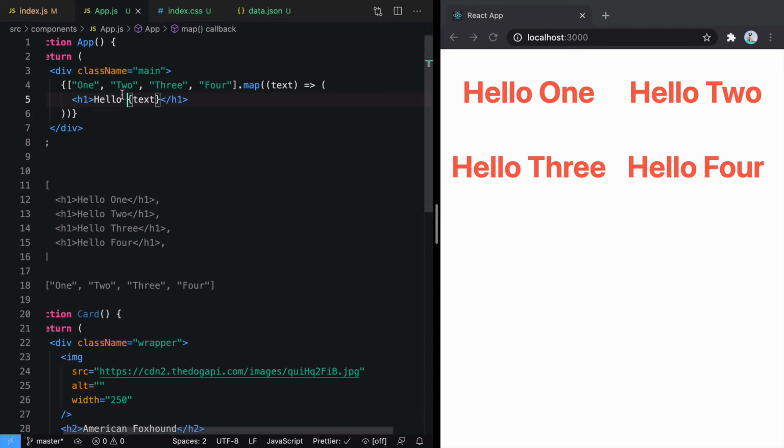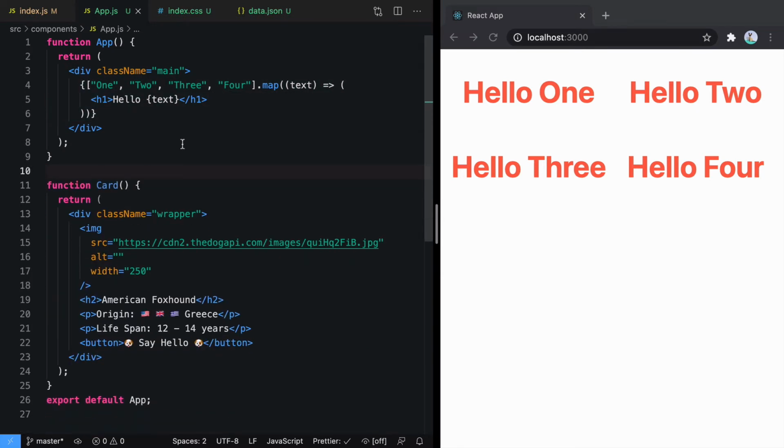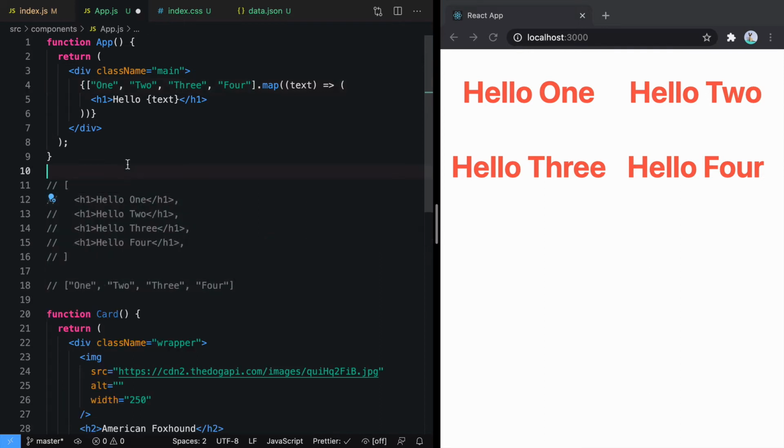So now in future, if you have 1,000 data items or 20,000, you don't even care about it because these 3 lines of code can do the same thing. So in this way, we learned that from curly brackets, you can not only return an element, you can also return a collection of elements in the form of an array, something like this. And that is exactly what we are doing here.